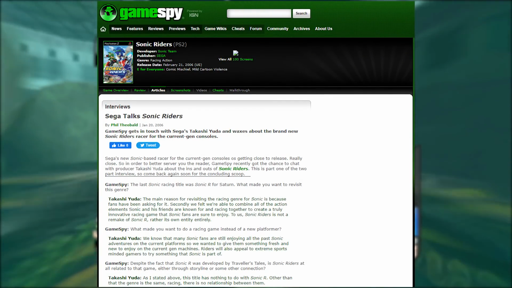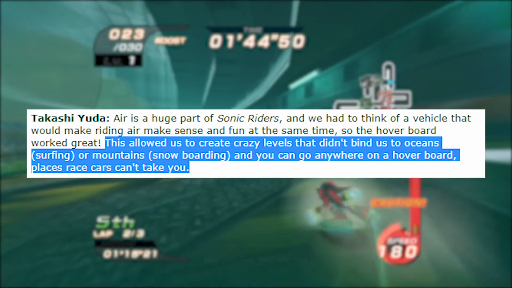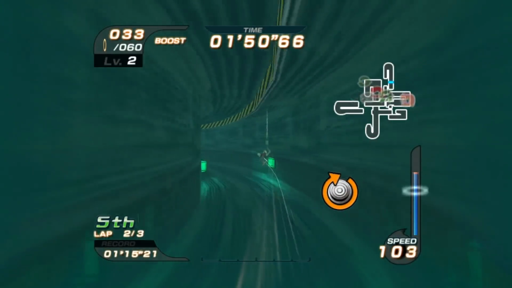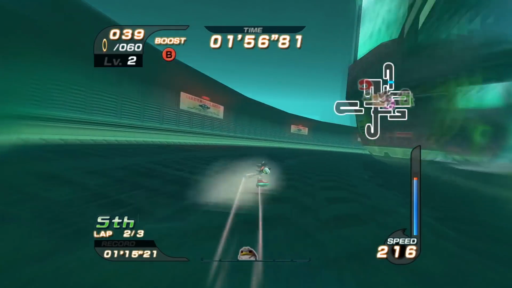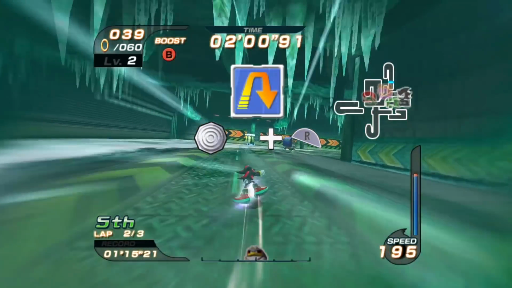Yuda also briefly spoke about this in the same GameSpy article of prior, saying how the extreme gear and hoverboards offered flexibility in creating levels compared to your traditional car, since it didn't bind them to say one specific extreme sport like snowboarding or surfing, since well, they could float. Which Morimoto talked in detail about to the Sonic channel, saying that while they were able to be flexible, it